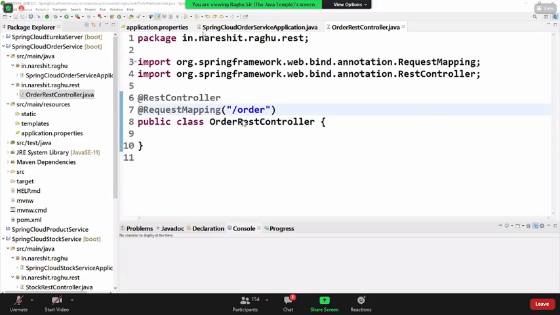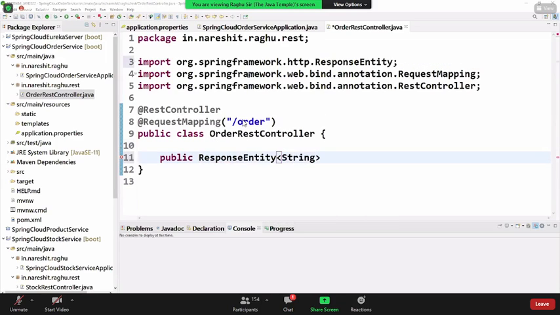Okay. I am writing a method here. Find order.